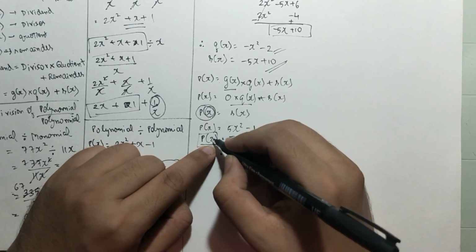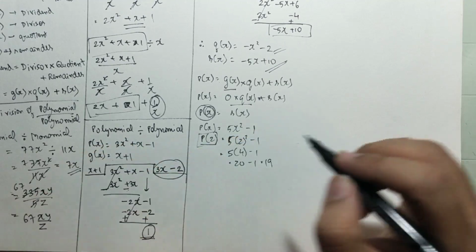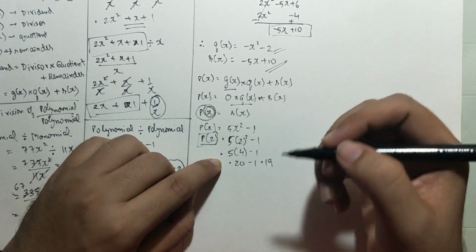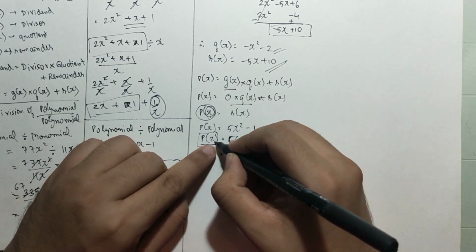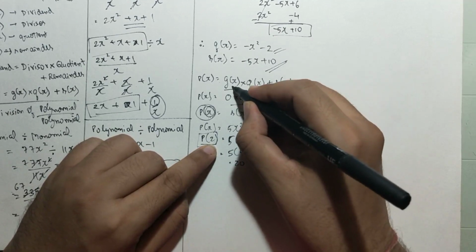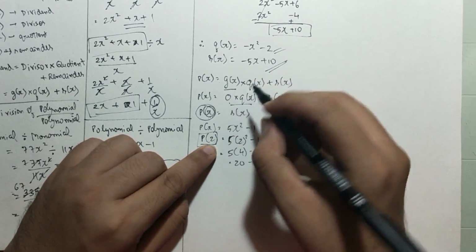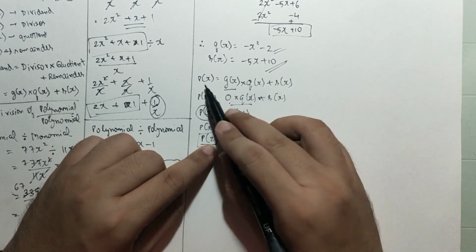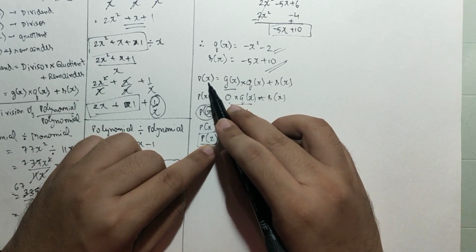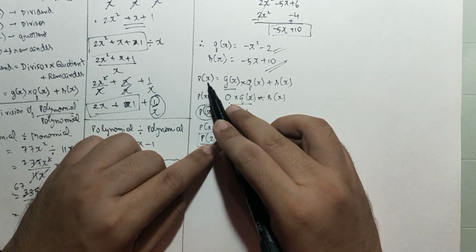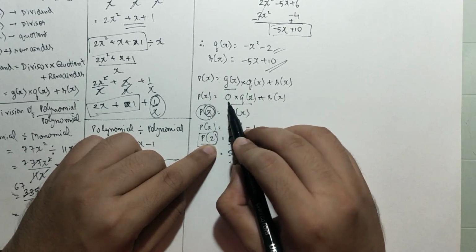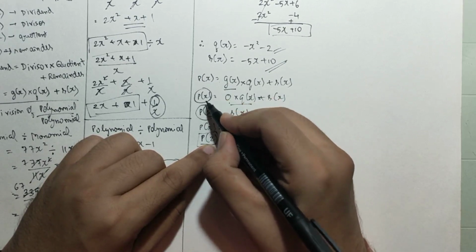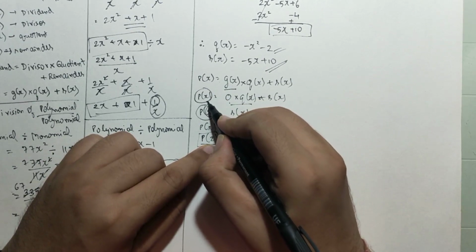Now, actually what does this mean? If we substitute the value of x as something, what does that mean? This gives me the hint that the value which I have substituted makes the divisor 0. See, the divisor was also in the form of x, the quotient was also in the form of x, and the remainder was also in the form of x. If I take some value of x in the dividend which makes my divisor equal to 0, then the value which I will get for the dividend after substituting the value of the variable will be equal to the remainder.